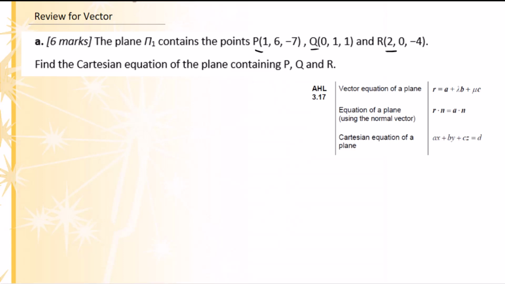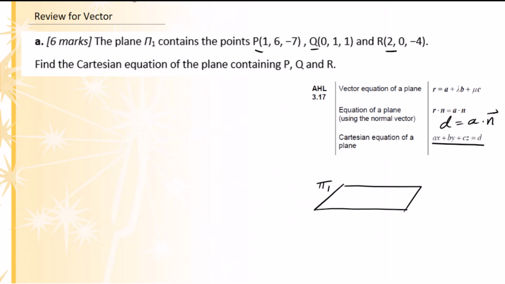According to the formula booklet, we know there are three types of equations of a plane. The Cartesian equation of a plane is this. We do know D equals A dot N. First of all, we need to work out the normal vector. If this is the plane π, the normal vector N, we have 3 points P, Q, R on the plane